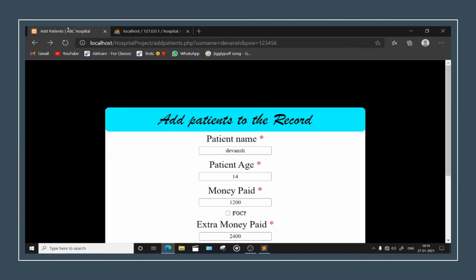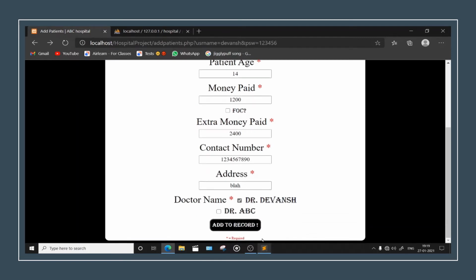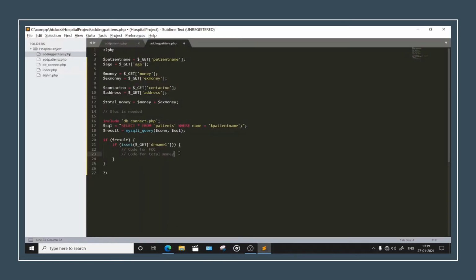Okay, so we just need to go like that, nothing more. We need to code for this too, and for now we will be doing only this first doctor, and then we will copy paste this and change some minor things.